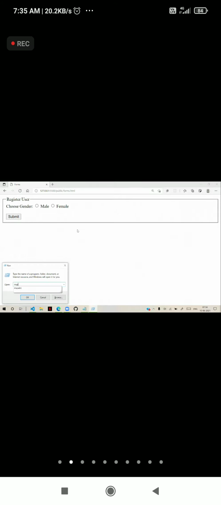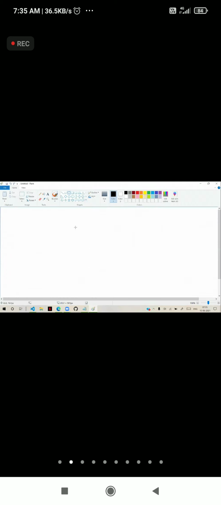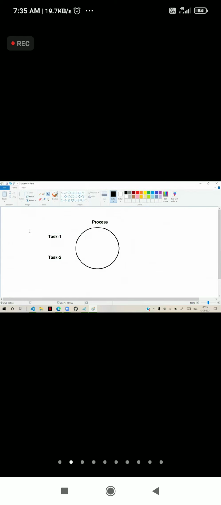The technical way to understand this is, we have a process and we have two tasks, task 1 and task 2. Two tasks are in memory, that is radio 1, radio 2.